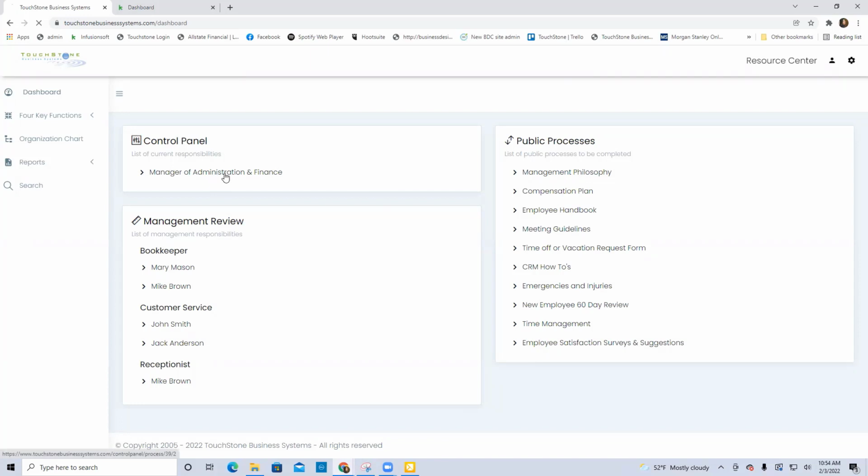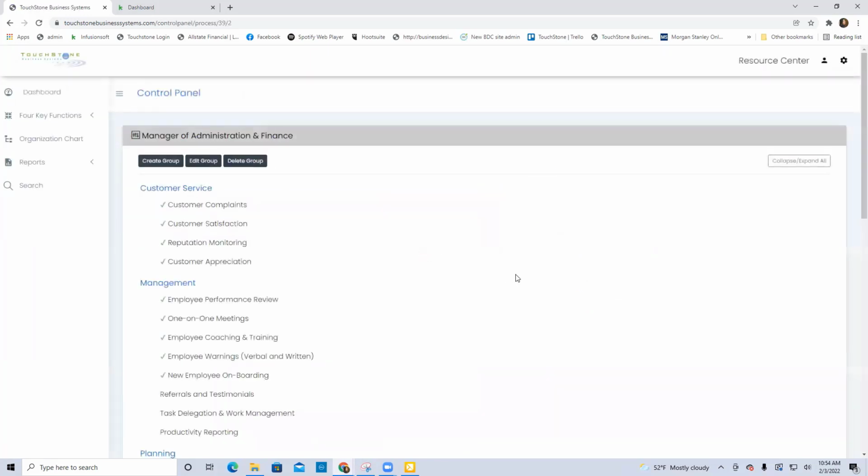So I'm going to talk about a few processes from the library that I think are great. And I'm going to do these customer service processes just because we were looking at that customer complaint process for so long. These 4 processes, I think, are requirements for any business. So it's customer complaints, which is what you do when a customer complains. It's customer satisfaction, which often reveals that the customer is not happy. And if it doesn't reveal that, it reveals that they are happy, which becomes an opportunity to get a Google